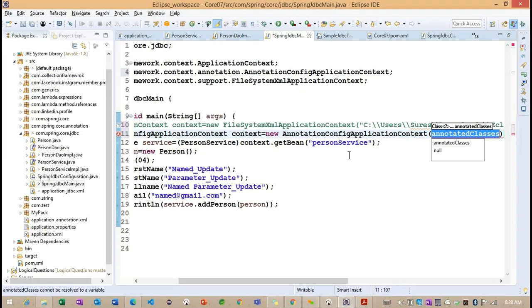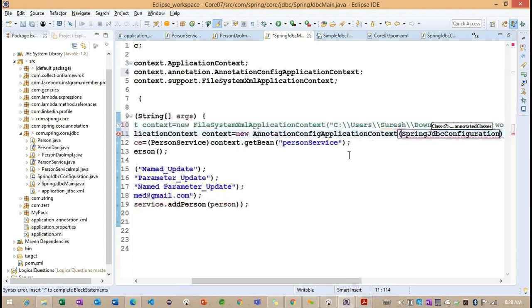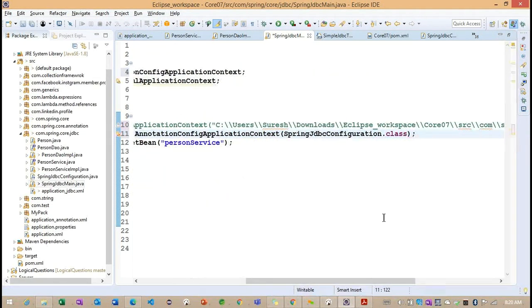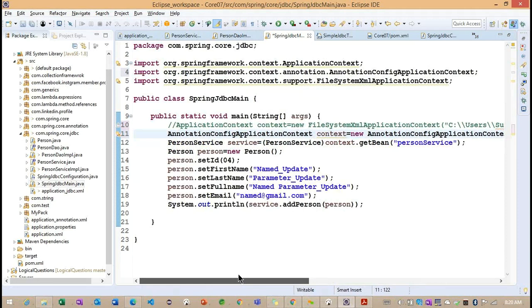Here we need to specify the configuration class. What is our configuration class? SpringJDBCConfiguration.class, right? And remaining everything is the same.